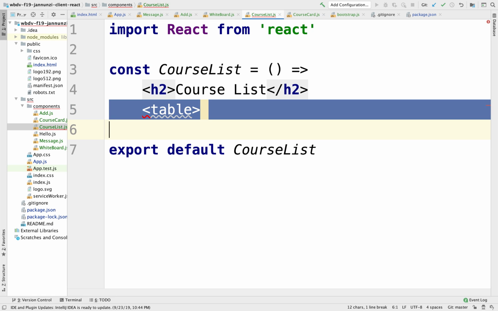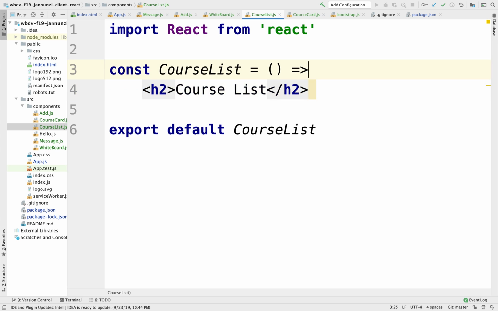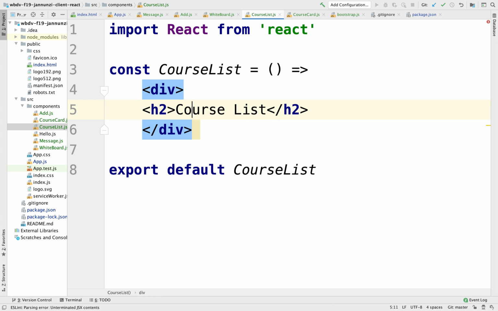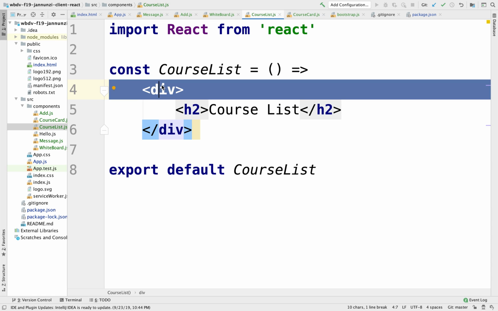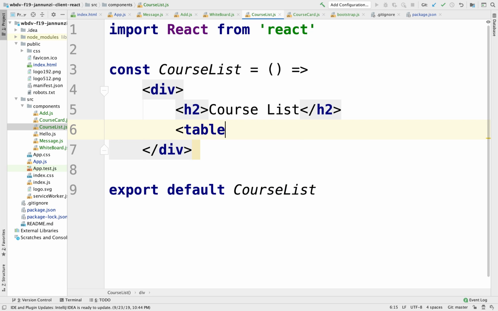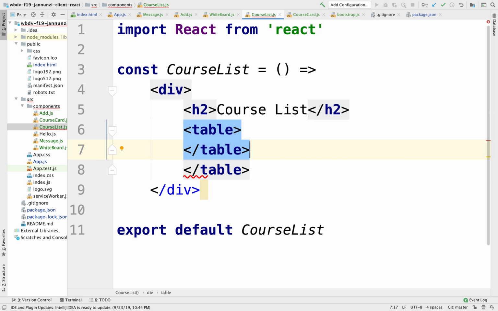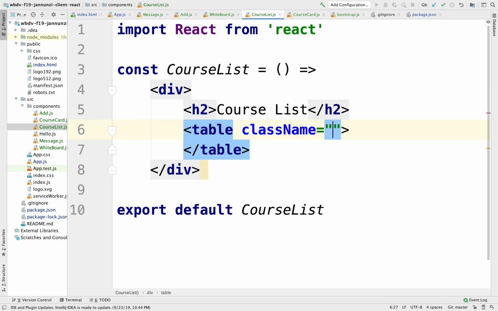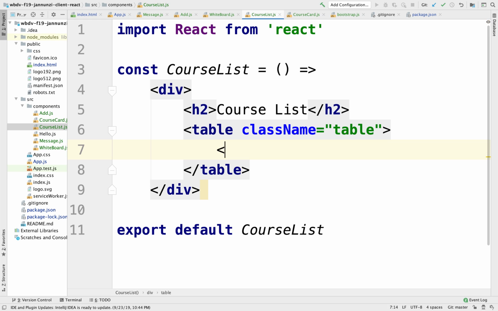to render. This is returning whatever we have here, but we still want to keep it as a single thing. So I'm going to wrap this inside of a div so that there's still just one single element being returned here. The top level here is what's being returned, the div, one single thing, which has a course list, and it could have a table here. So it can be a table, with a class of table,